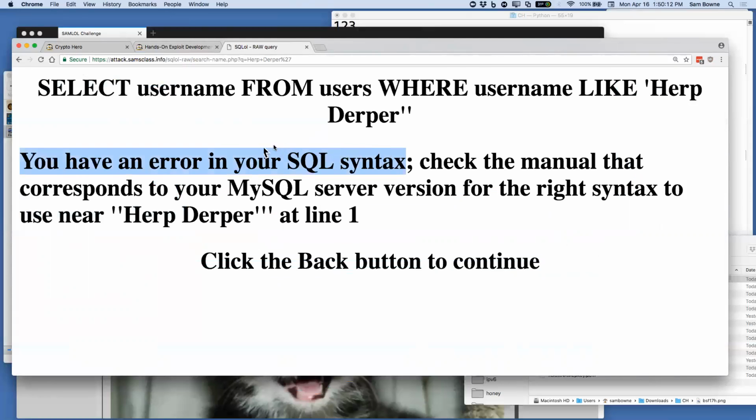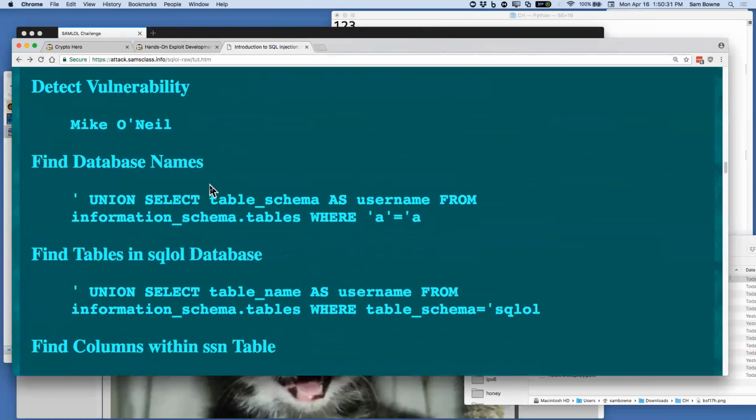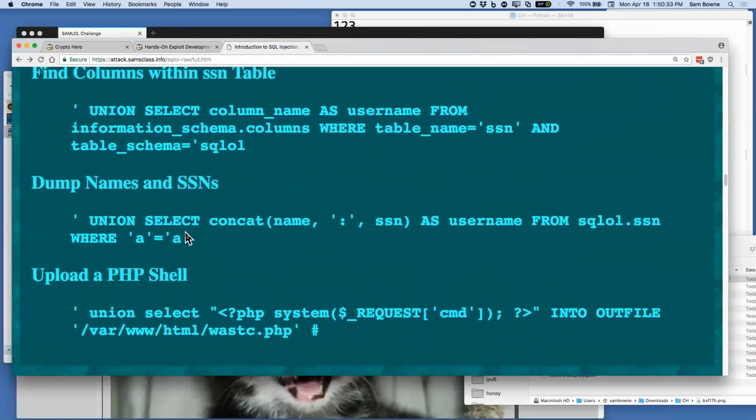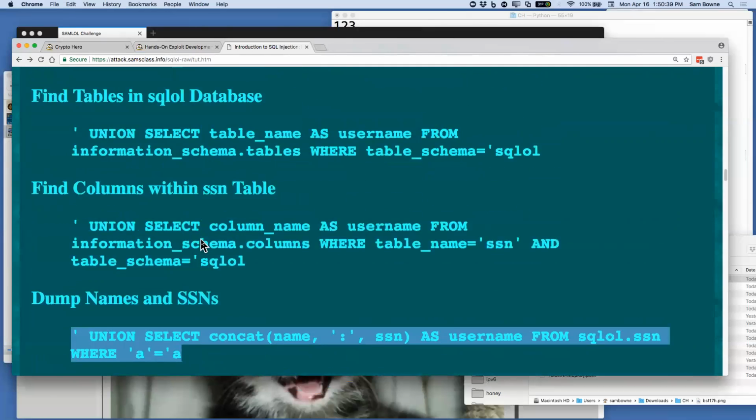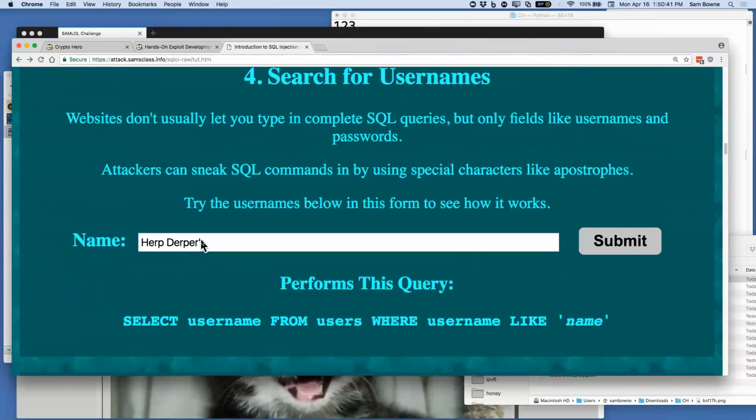So when you get a syntax error, that means you confused the server about the difference between data and commands. And that should not be possible. Nothing I should type in should ever be misunderstood as a command. But with command injection, it is. And with SQL injection, it is. So you can carefully craft a command, like, of course, this is the famous one, that will just use an apostrophe and then add another. So this is my name. So when I put in a name like that